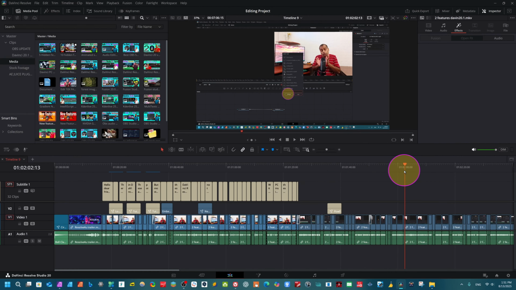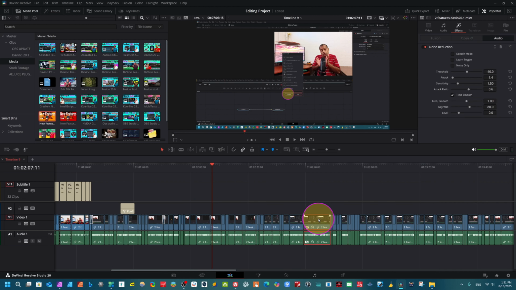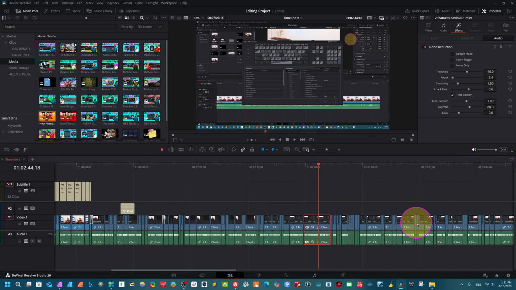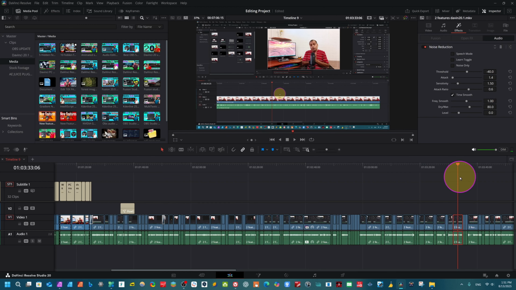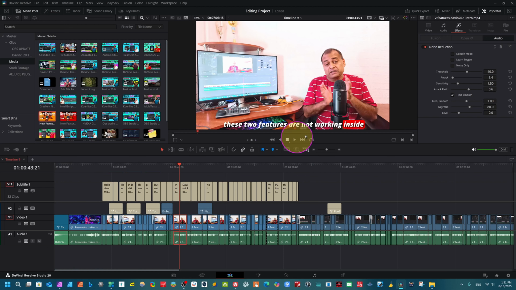Now let's see the next new feature, which is also a keyboard shortcut for the mouse pointer. Now you see we don't need to drag our timeline playhead anywhere. I want to put my playhead at this point, and just press C on your keyboard. It's C, you see here. Just press C and it will appear. I don't need to drag my playhead, it's very painful. I want my playhead here on this photo, so I just click and press C on your keyboard. You see we have reached here.